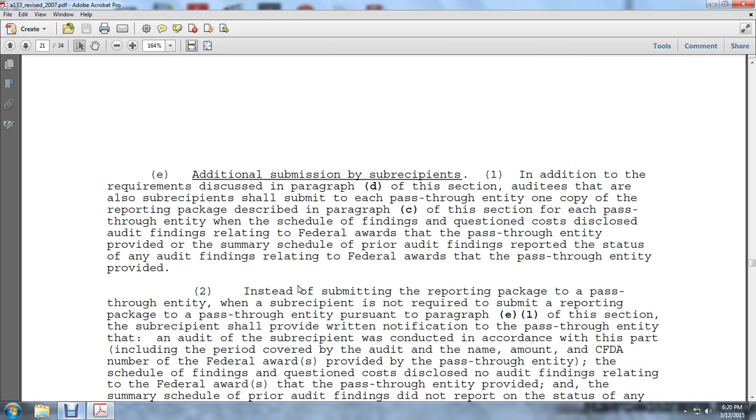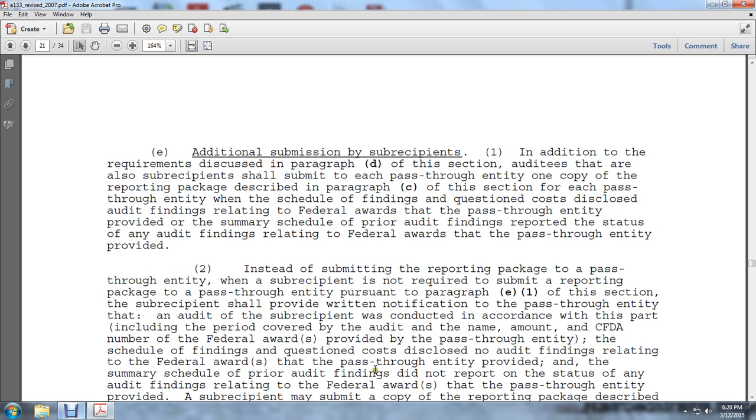Instead of submitting the reporting package to the pass-through entity, the subrecipient is not required to submit a reporting package to the pass-through entity pursuant to paragraph E1 of this section. The subrecipient shall provide written notification to the pass-through entity that the audit of the subrecipient was conducted in accordance with this part, including the period covered by the audit, the name and amount of the catalog of federal domestic assistance number of the federal awards provided by the pass-through entity, and the schedule of findings and questioned costs disclosed, and that no audit findings relate to